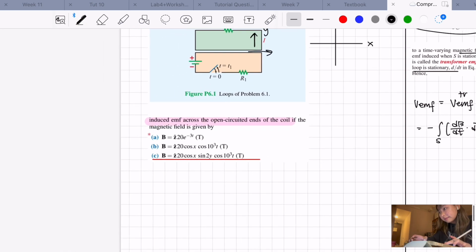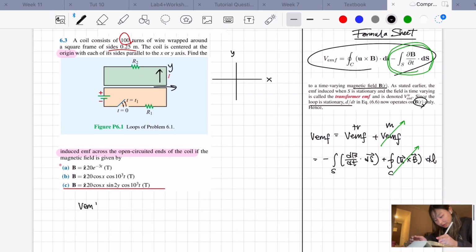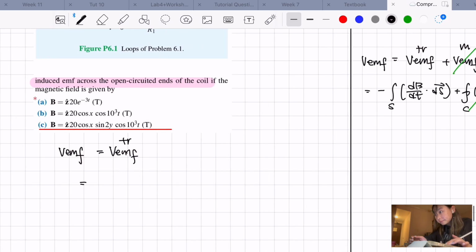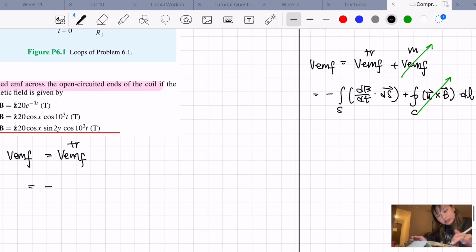Okay, now that we have that established, we can say for this question, the VEMF that we want to look at is equal to VEMF from the transformer, which is equal to the negative number of turns, d over dt